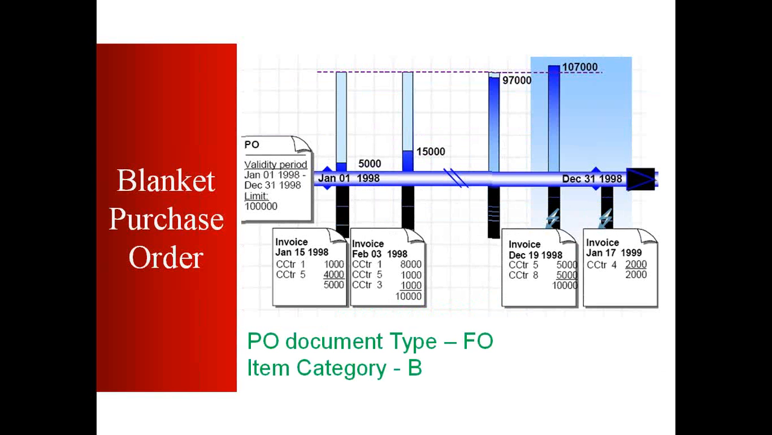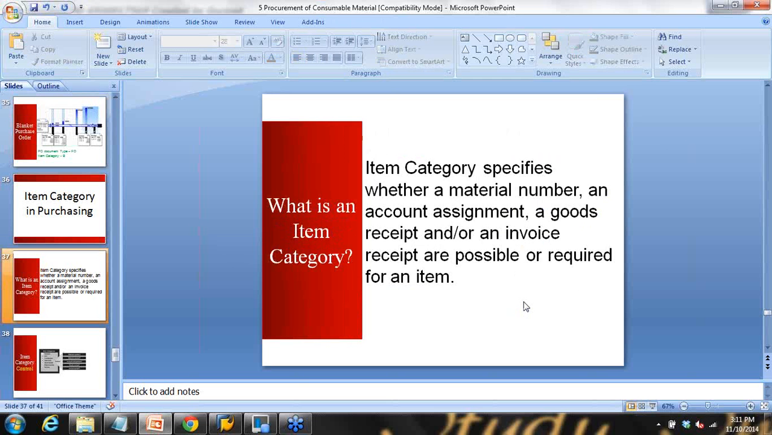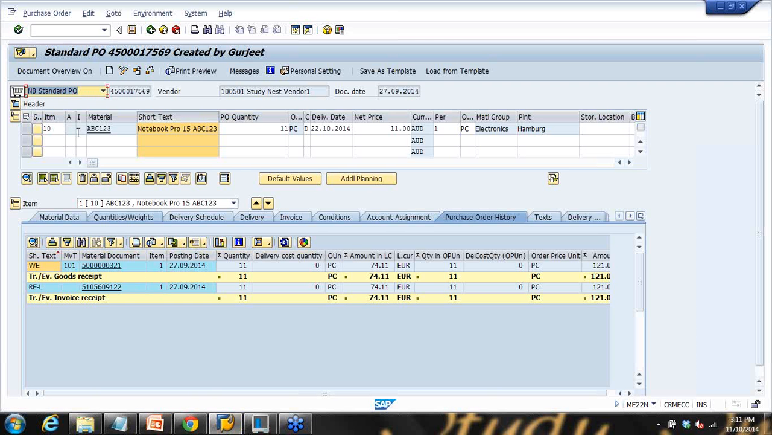Now I will be discussing item category in the purchase order. So what is item category? Item category specifies whether a material number, an account assignment, a goods receipt, and/or an invoice receipt are possible or required for an item. That means we're saying that whenever you create a